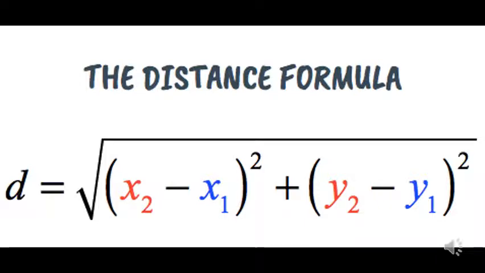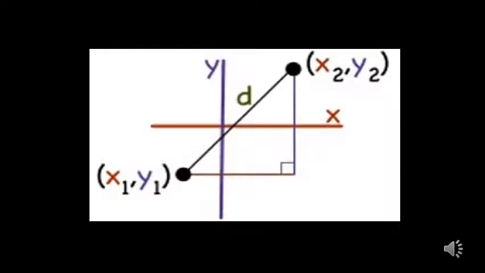Now people will often look at that formula and it just starts blending together because it looks like a lot of variables and a lot of stuff going on, but really it's pretty straightforward. The distance formula is just a fancy way of writing the Pythagorean theorem. You should remember the Pythagorean theorem was how you could find the hypotenuse, the longest side of a right triangle, and it usually was written a squared plus b squared equals c squared. If you take each of the legs and square them and add them up, you end up getting the hypotenuse